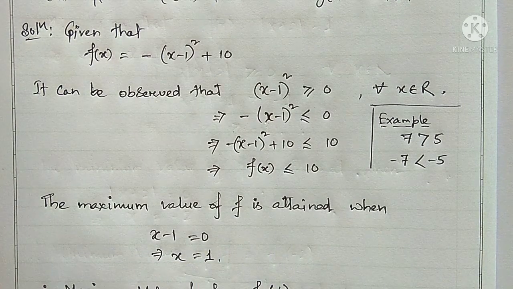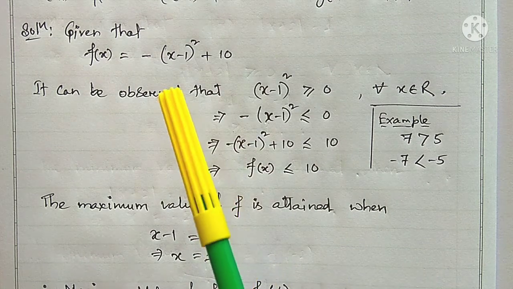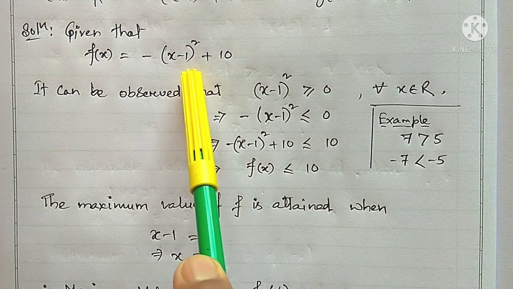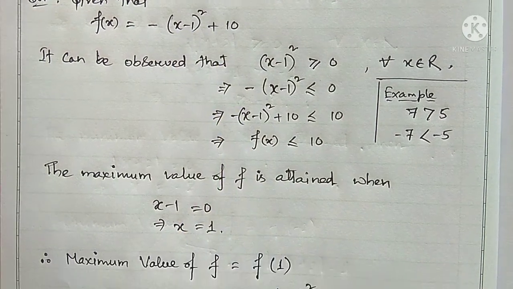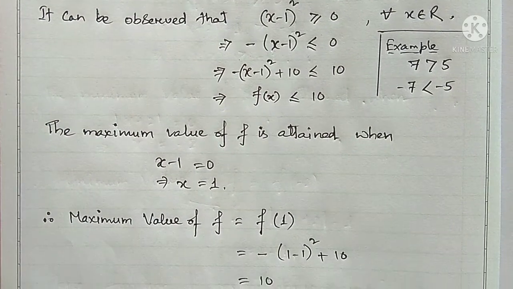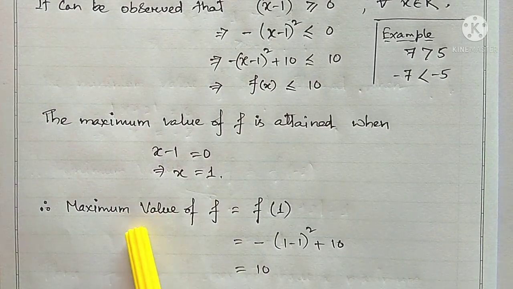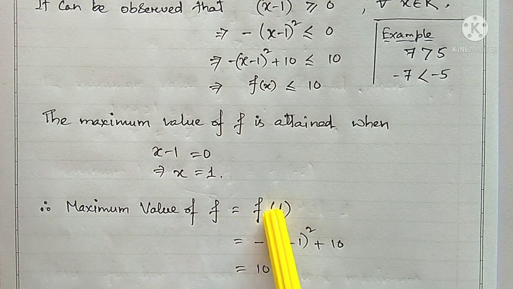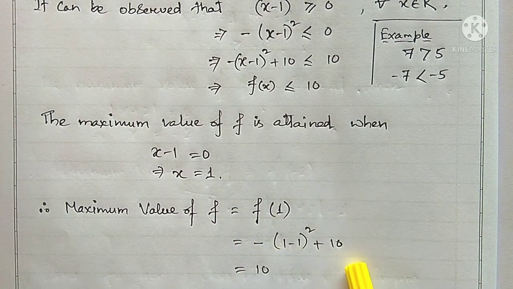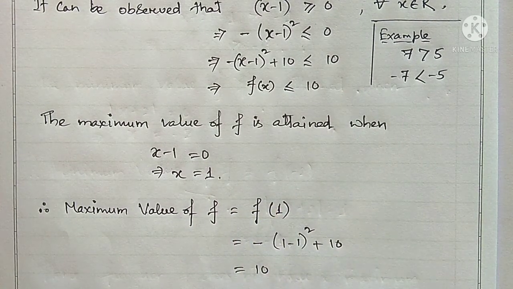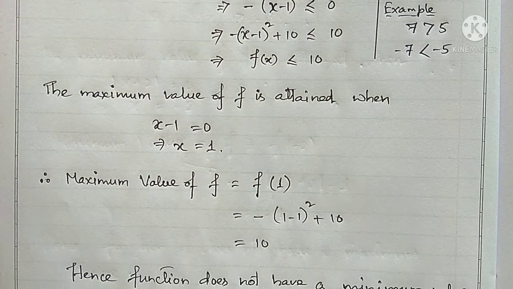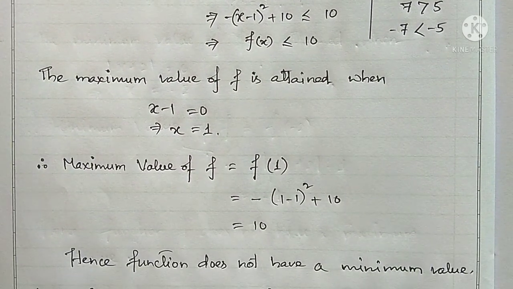Now if we put this value x equal to 1 in the given function, 1 minus 1 is 0. So here you see the calculation is done, and this is the maximum value of f equal to f of 1, and if we calculate this result, finally we get the answer 10. So from here what can we say? Finally we can say, hence, function